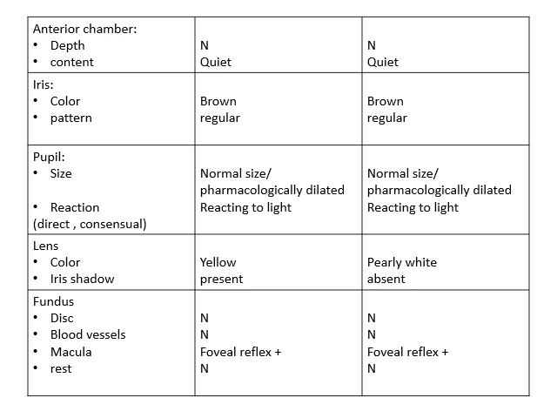Now size: if you have not dilated the pupil, the normal size will be around 2 to 3 millimeter. And if you have dilated the pupil using some mydriatic agent, then it will be around 7 to 9 millimeters. If you have dilated the pupil, you will have to write that the pupils are pharmacologically dilated. Next you have to see the reaction. You can see the pupillary reaction only in an undilated pupil. If you have dilated the pupil, you cannot comment upon the reaction.